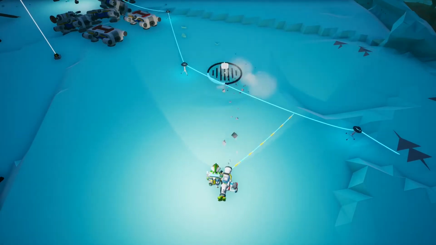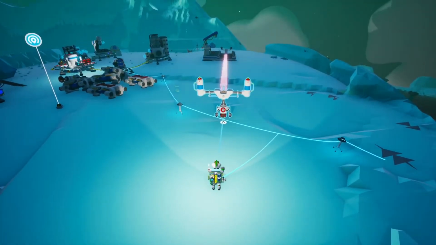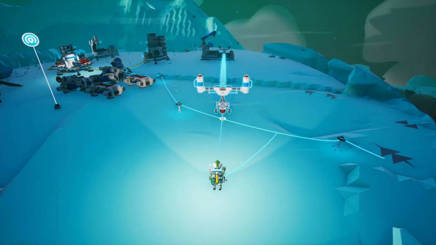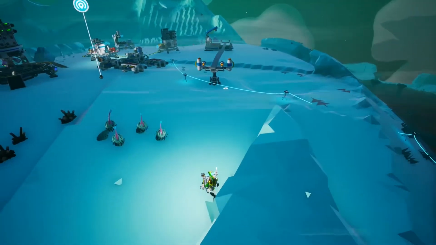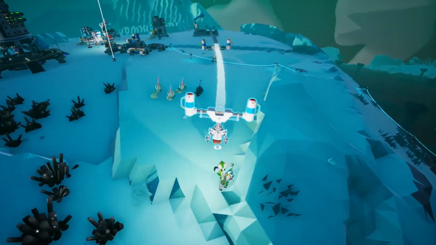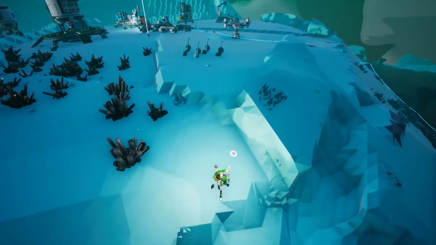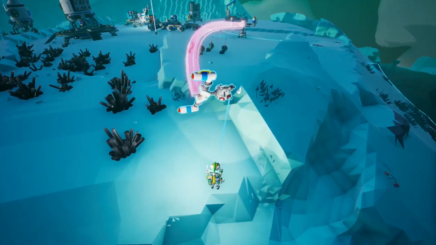So the reason I do this is I don't like lopsided rail posts. Again, it's kind of my OCD. Alright, so I want to loop around and make my way to that entrance that I saw earlier. So...